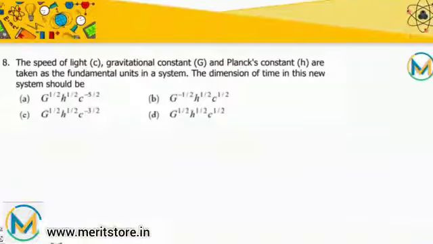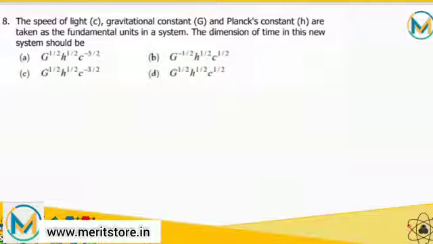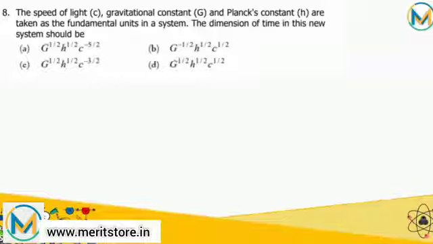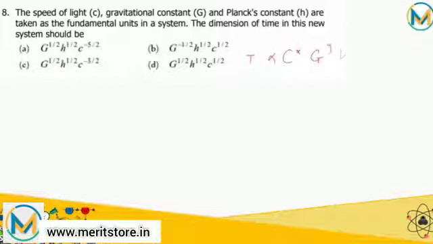Moving towards the next question. The speed of light c, gravitation constant G, and the Planck's constant h are taken as the fundamental units in a system. The dimension of time in this new system should be. So we know that time is directly proportional to c^x, G^y, and h^z. Therefore, T = k c^x G^y h^z. Putting the dimensions in the above equation, so T = M^0 L^0 T^1, which is equal to k,